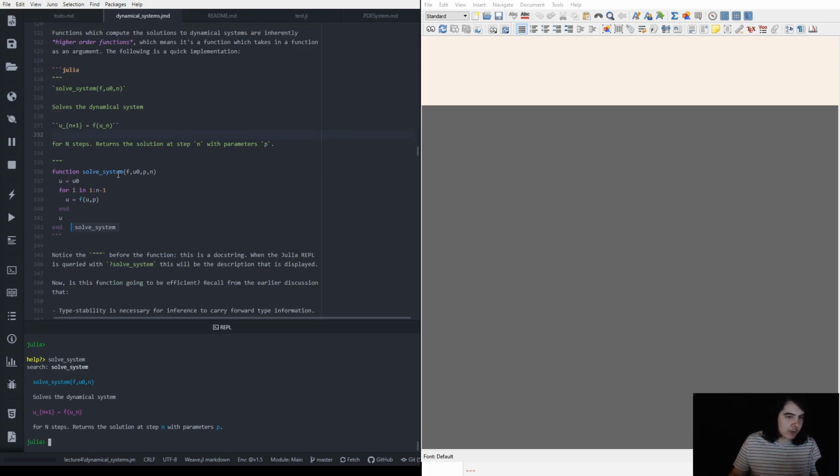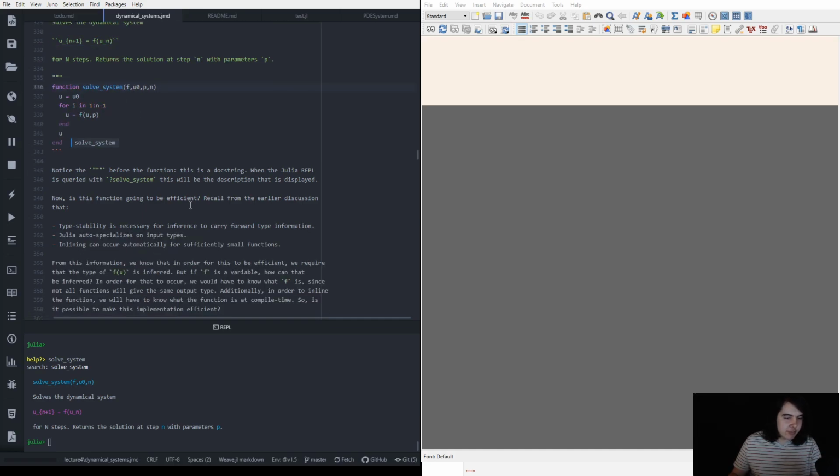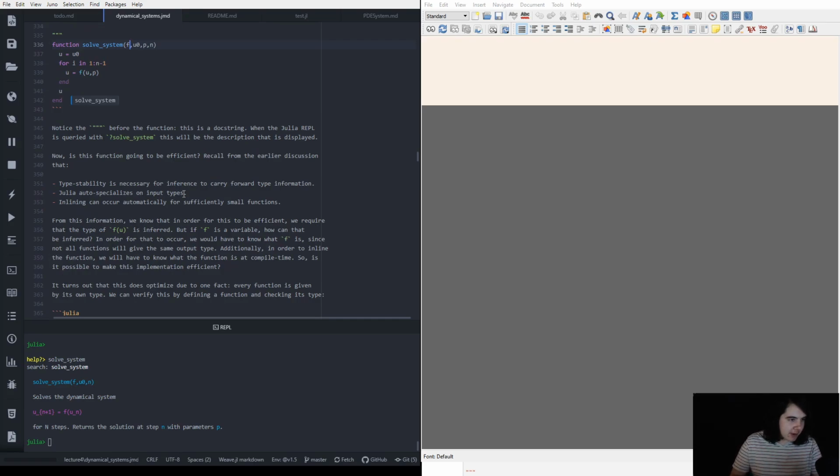It's a higher order function because one of the input variables is the function f itself. And now, is this going to be fast? Well, type stability, auto specialization. This is everything that we discussed in one of those last lectures. Now, why would this be something that should be fast? Well, because if you auto specialize, then as long as you can know what this function is, then you can